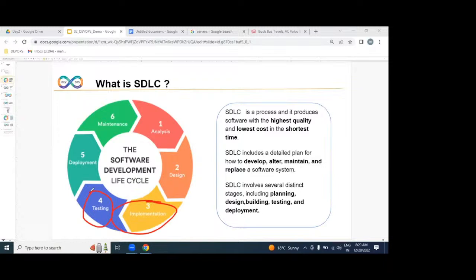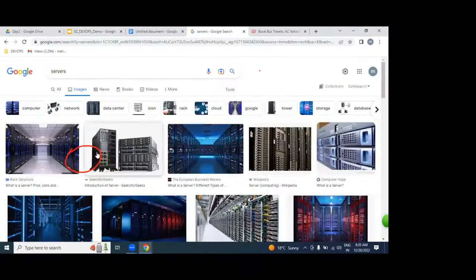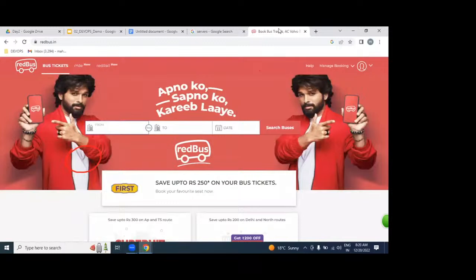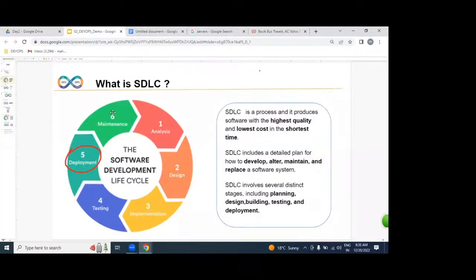Once it is verified, we deploy on hundreds of production servers. Once it is placed there, it can be accessed over the internet as a website. That's it. Then whether it is working or not, we monitor and maintain.